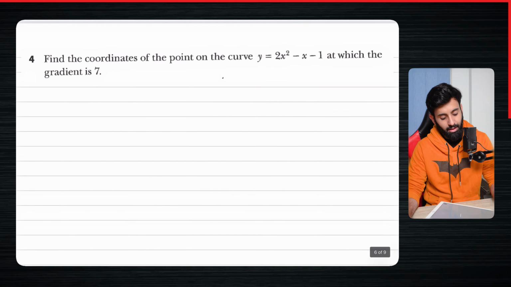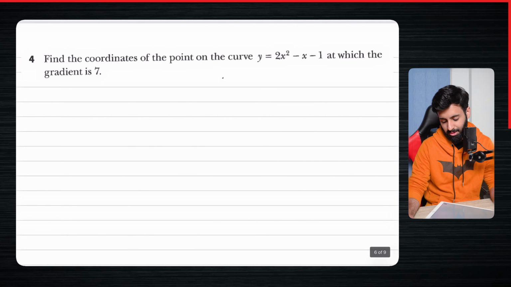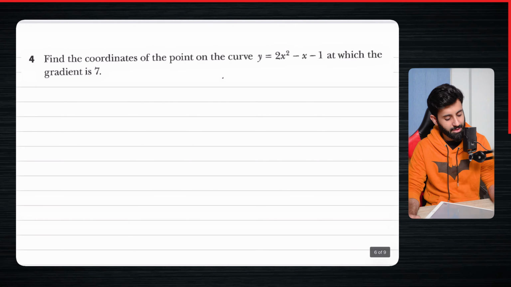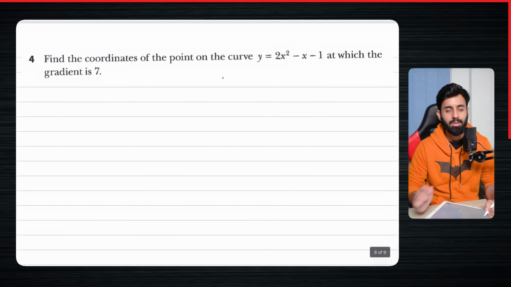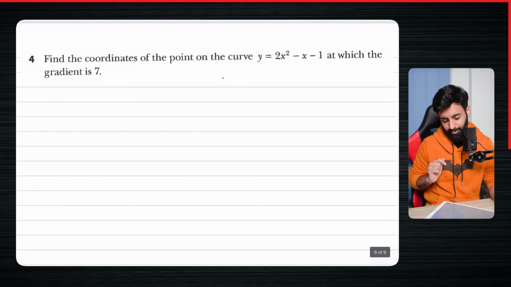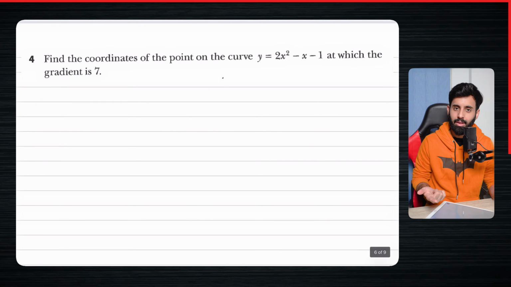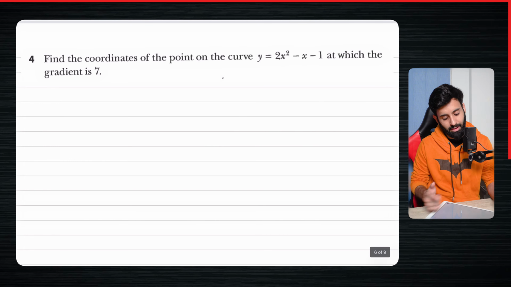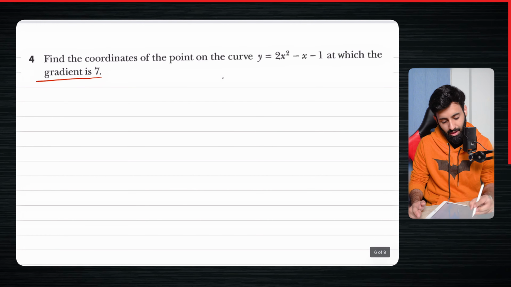Okay. Now here's question 4 of the same exercise. It says find the coordinates of the point on the curve y equals 2x squared minus x minus 1 at which the gradient is 7. Okay. So how is this question different from the questions that we've done so far? In this, the question is not asking you to find the gradient. In fact, it's given you what the gradient is. You can see that the gradient is 7, and it's asking you to find the coordinates